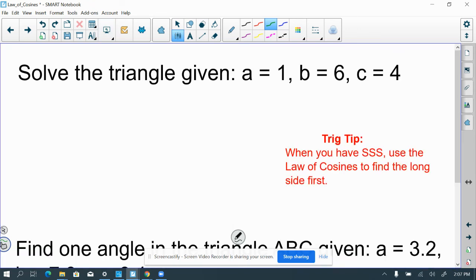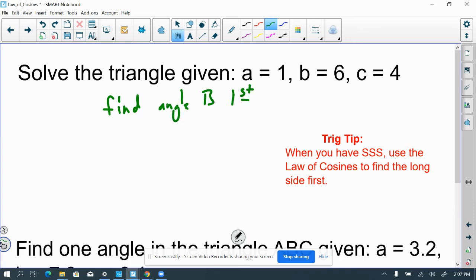Solve this triangle. Find all three angles and all three sides, and I've got all three sides. So I just need to find all three angles. Here's another trig tip. If you're ever faced with side, side, side, you always want to find the biggest angle first, which is always opposite the biggest side, which is side b. So I want to find angle B